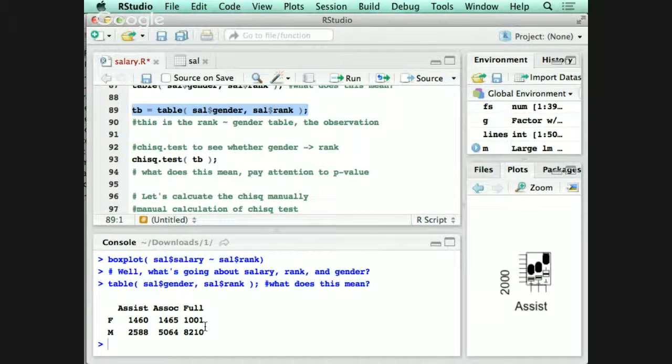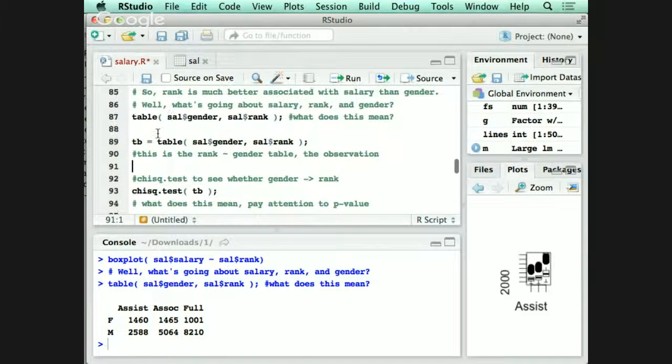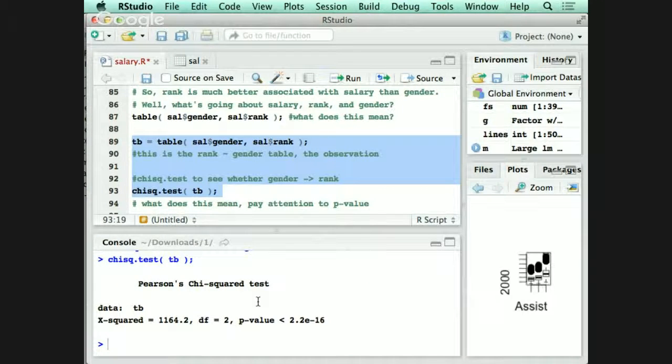And you can actually, but this is just what we say. We can also assign a p-value to this kind of observation, and this can be done by something called a chi-square test. But before I can do this analysis, I need to assign this one to some variable. I call it a TB, again short for table. So after I do the assignment, this is something called Pearson chi-square test. Basically,